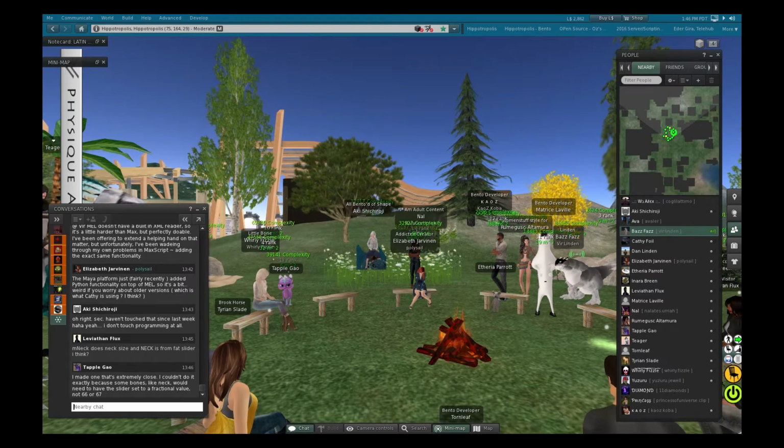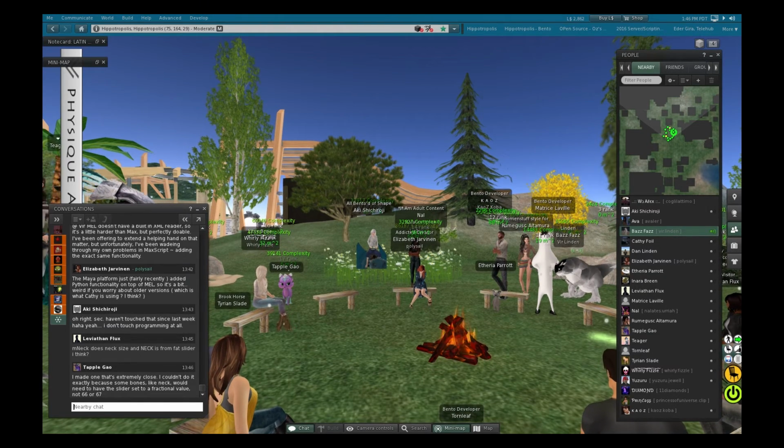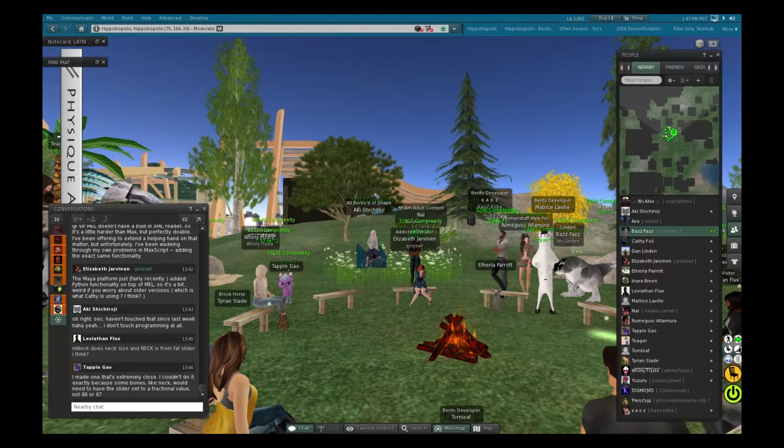Yeah, that's an interesting point. I think Matrice had mentioned something along those lines too, that it would be useful to be able to set a shape into the neutral position. You couldn't make it perfect because when the params get sent out to other people with these appearance messages, they're sent as 8-bit values, not as floats.